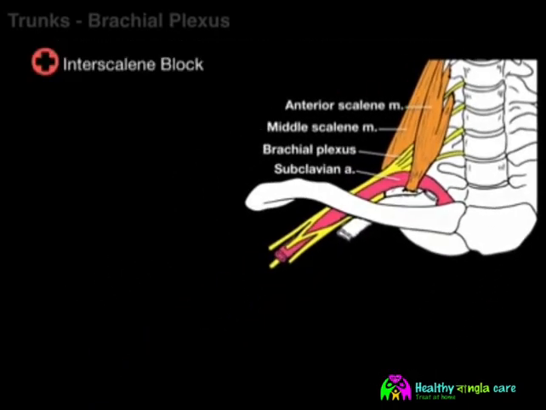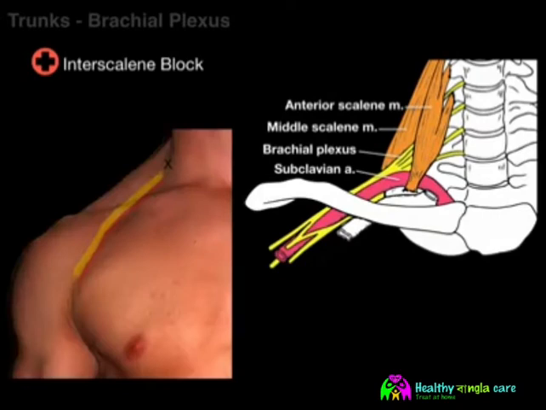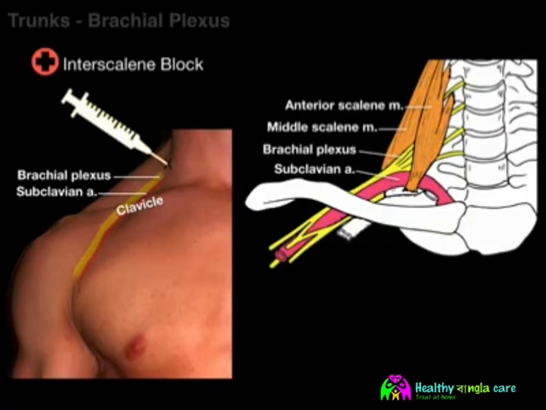So when we zoom in, there's something called an interscalene block. When we take a look at this surface anatomy, there's our clavicle, in the supraclavicular region, there's our subclavian artery, and there's our brachial plexus, and the X marks the spot of where you would put this block between our scalenes to knock out the brachial plexus,